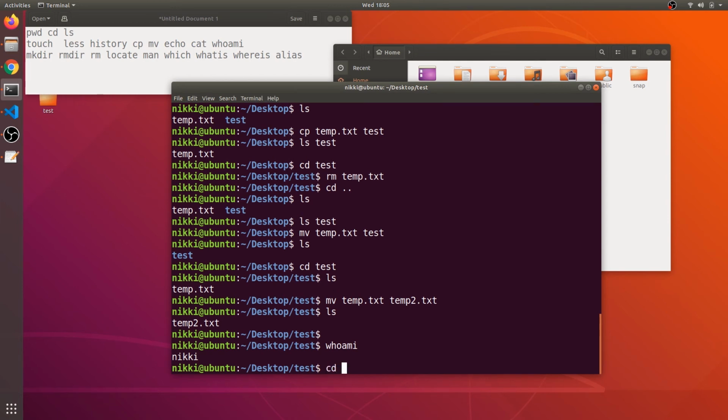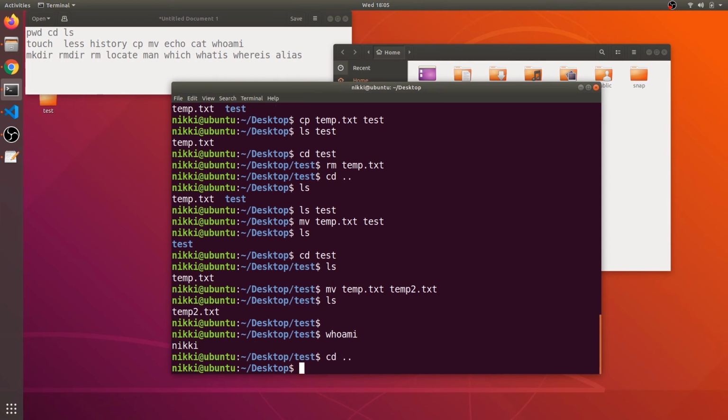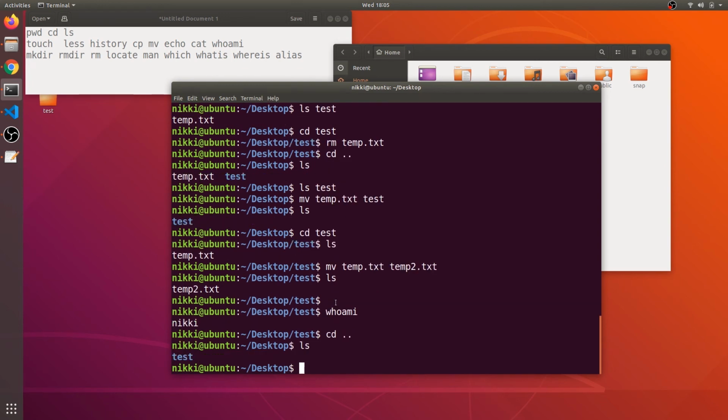So I am going to go back to my parent directory, and if I say ls, there is my test folder. One way to find files is that sometimes you need to search through the computer for a particular file. So one command is the locate command. I want to say locate, space, and the file name I want to search for in my computer.